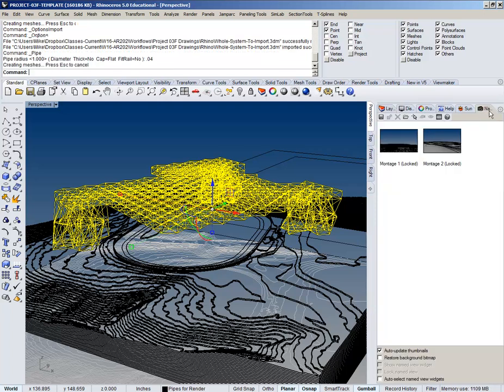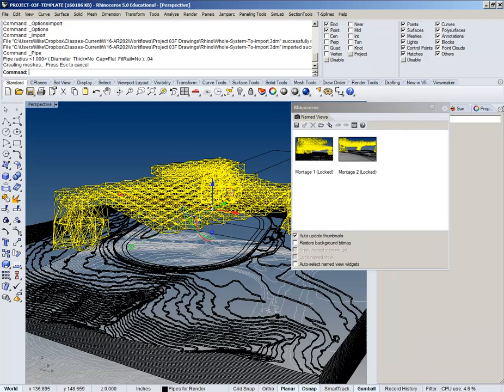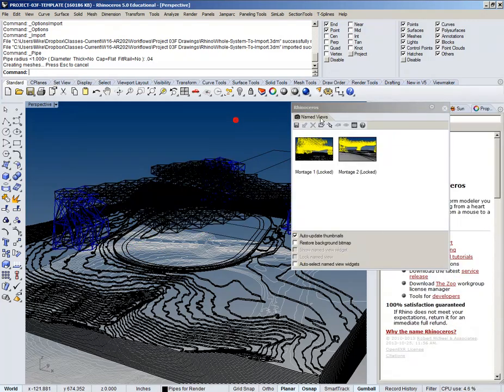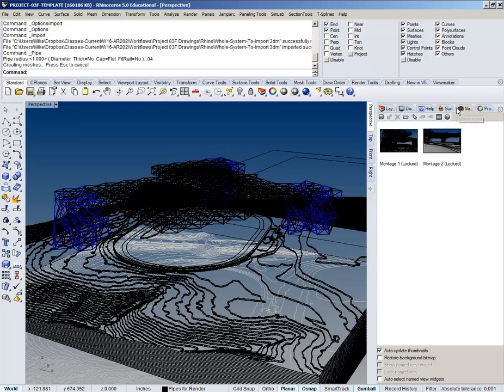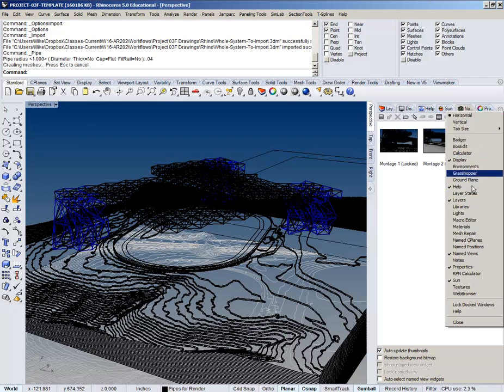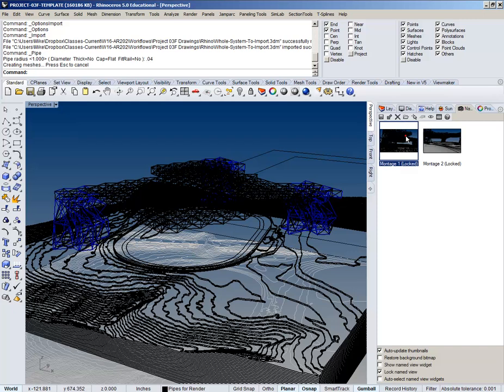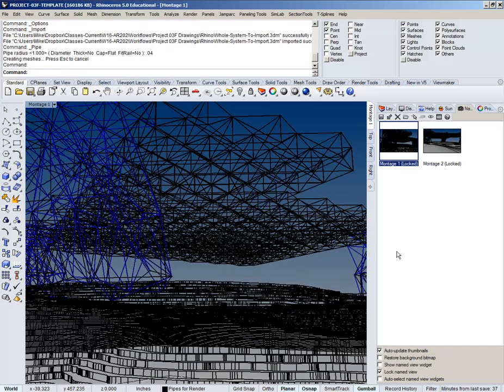So when we look back at the Rhino file, we've got these named views already set up as part of the file. They're called Montage 1 and Montage 2. So all you have to do is set your current viewpoint by bringing up this panel, and if it's not there, you can go to this little gear and say, show me my named views right there, and then select the one that I'm ready for. Montage 1 is talking about